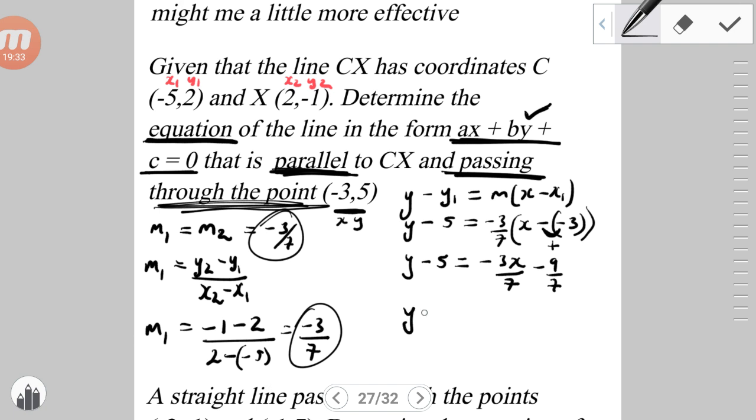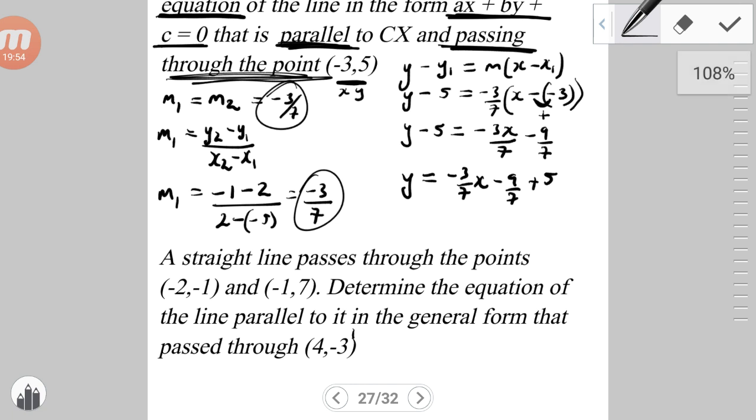So here we have y minus 5 is equal to negative 3 over 7x. Pardon me. Let's remove this 5 here. We're going to transpose it. So it's going to be y is equal to negative 3 over 7x, and we're going to transpose negative 5, and we're going to end up with a positive 5. And then arithmetically, the only thing that we can do here, guys, is naturally just work out this aspect. We have already gotten our mx, we already have our y, so we just need to evaluate